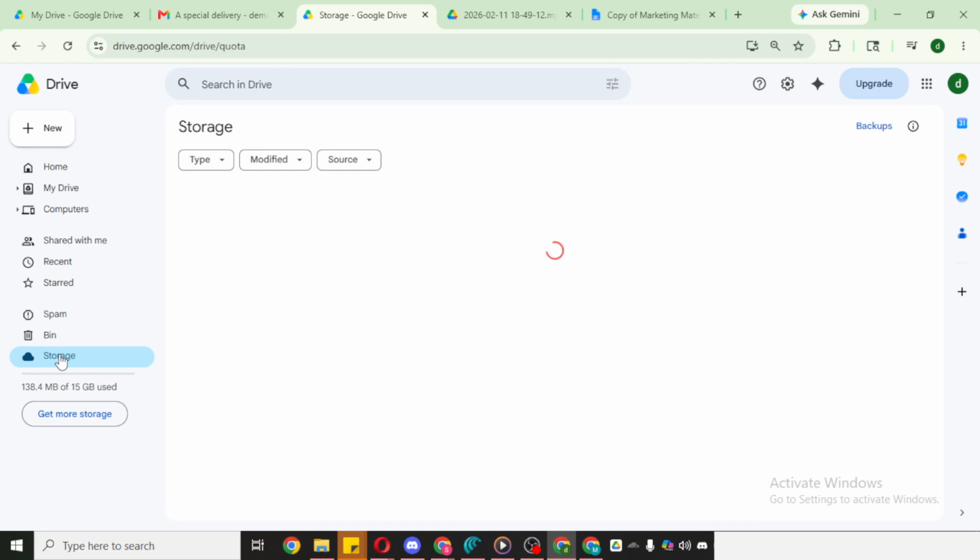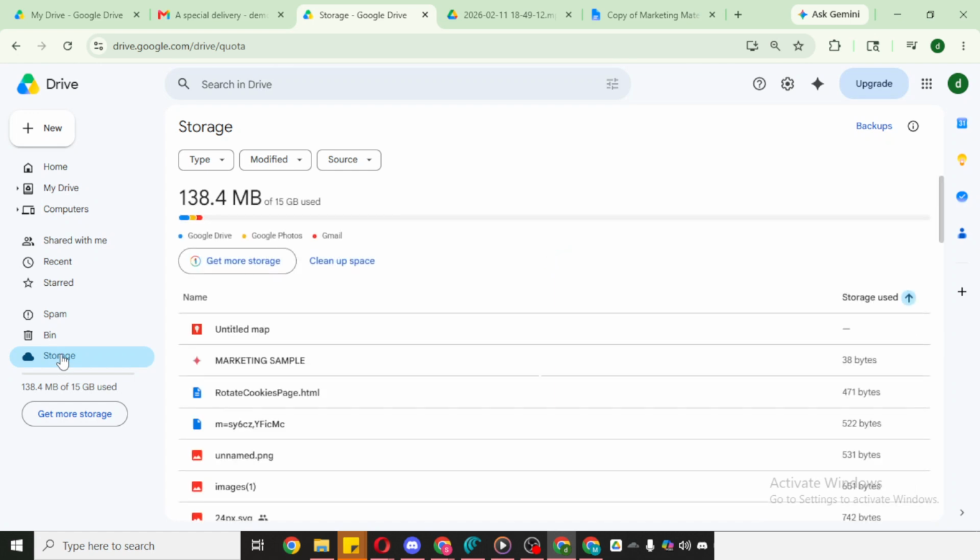Below that, you'll see a list of your files. In the storage view, files are usually arranged by size, with the biggest ones at the top. This is the most useful detail when you're trying to figure out which items are taking up the most space. You'll notice each entry shows the file name, its size, and other basic details, so you can quickly recognize what it is. If you need more context, open a file in a new tab to confirm its contents before deciding